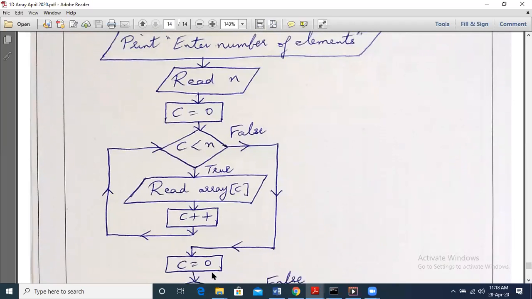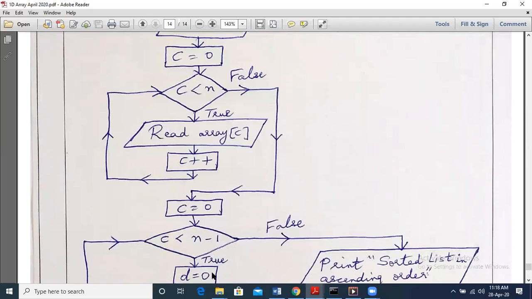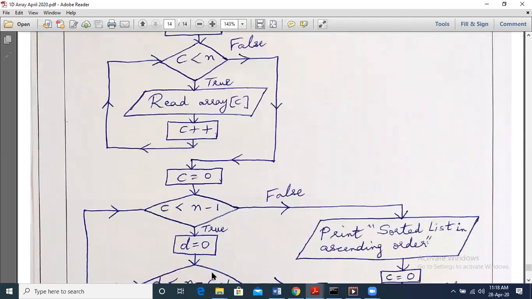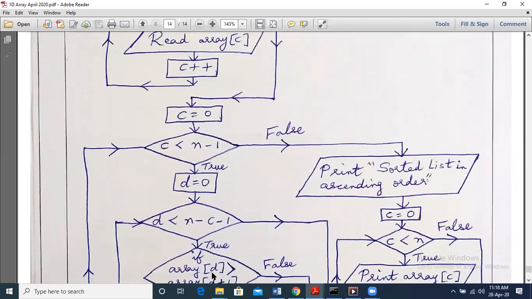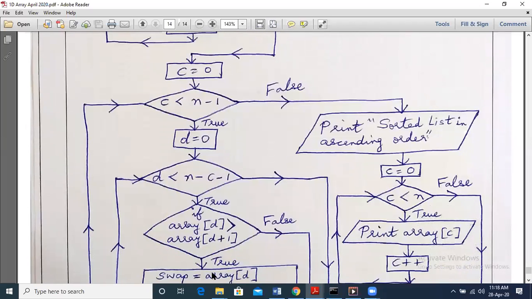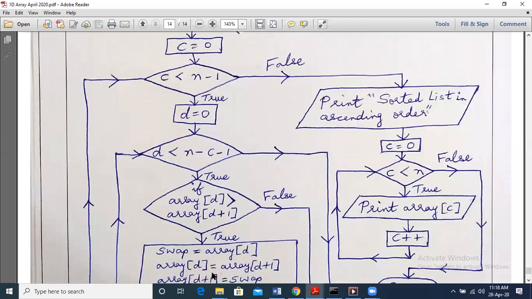Now we have seen yesterday that the next part is the main logic of the bubble sort program. We have a nested loop, right? The outer loop is for C, the inner loop is for D. As we can see, the value of C starts from 0, C equal to 0, until C is less than n minus 1, because we have n minus 1 passes.